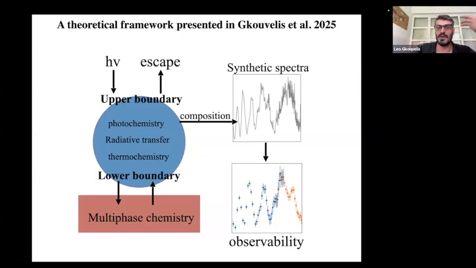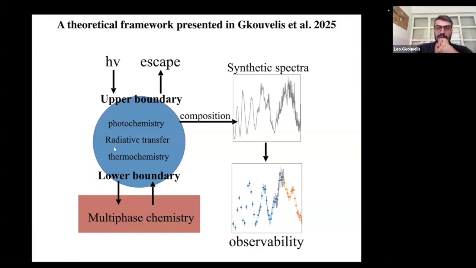Now, of course, this looks very tedious, right? This messy thing, and it is. It requires a lot of time and many different scientific fields to combine together in order to model this, from geochemistry to astronomy and radiative transfer, etc. So now we published a framework which can do this. It can model the generation of secondary atmospheres based only on a few parameter inputs, which I will explain later.